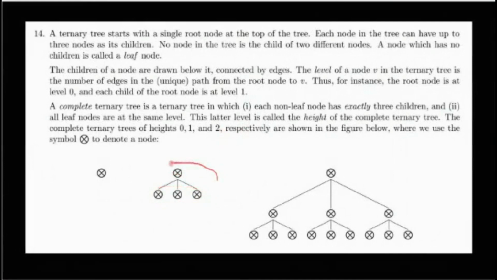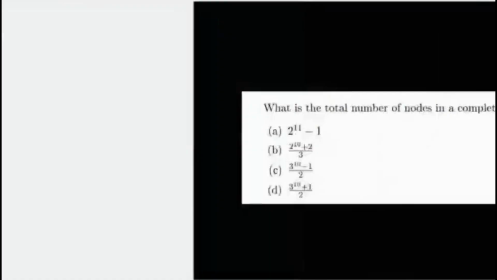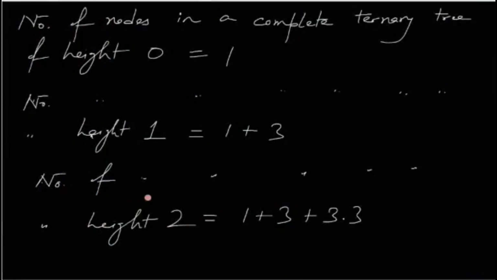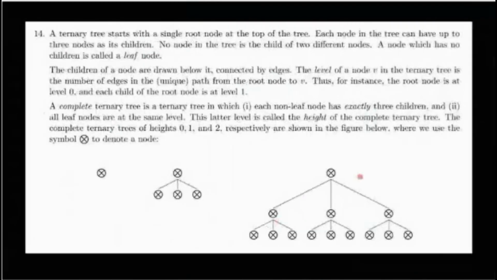This is of level, this is of height 1. So a height 1 tree, a complete height 1 tree, contains 1 plus 3 nodes, which is basically 4 nodes. Similarly, the number of nodes in a complete ternary tree of height 2 is equal to 1 node plus these 3 nodes,